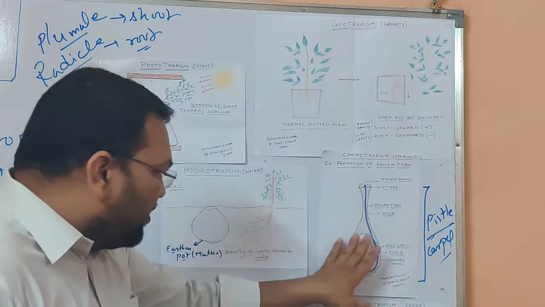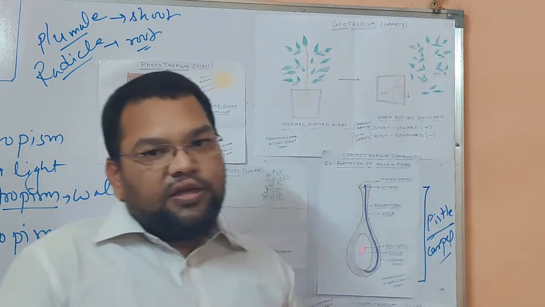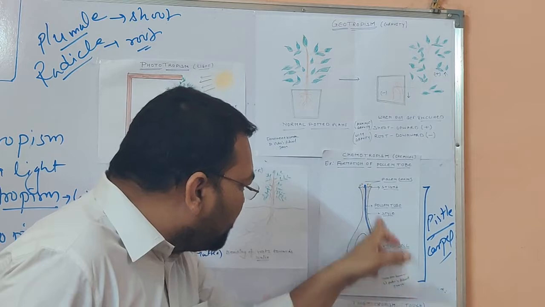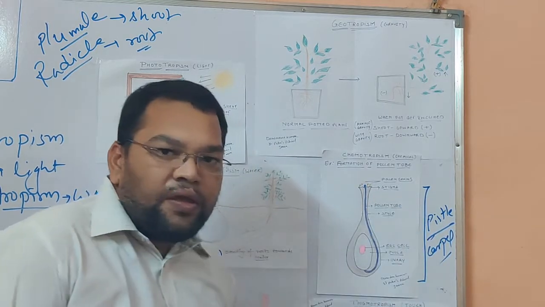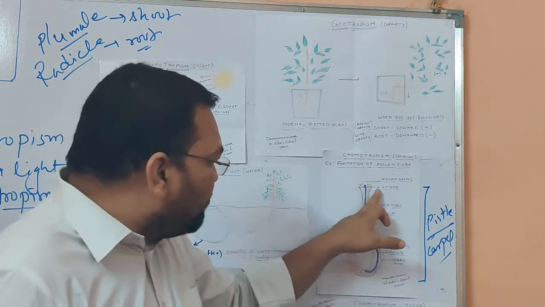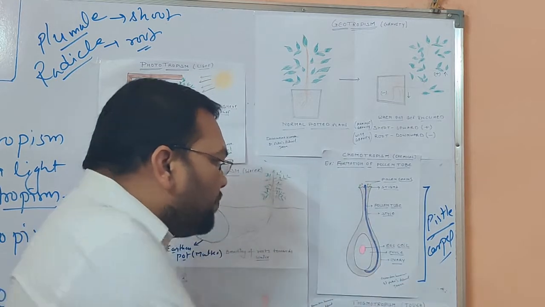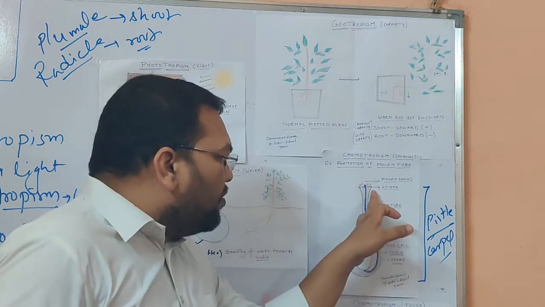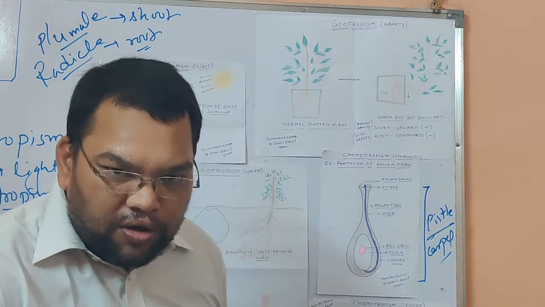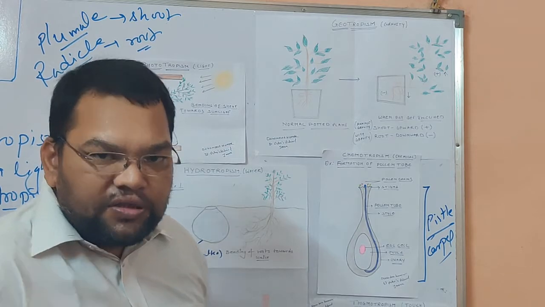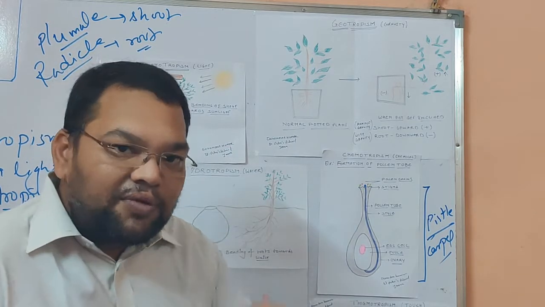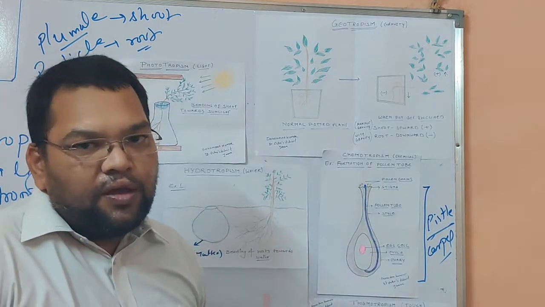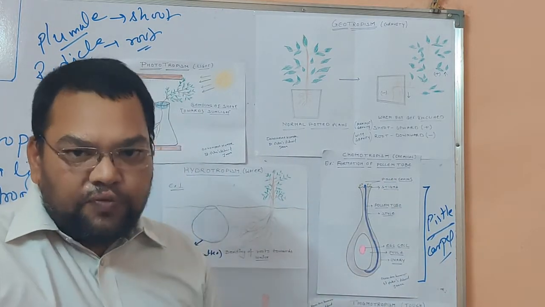So what happens right here? Now there is a chemical dialogue between the pollen grains and the stigma of this pistil or carpel. Now stigma is a part of this carpel. Stigma, style, and this violet part is known as the ovary. Some chemicals are released by the pollen grains, which are recognized by the stigma, and some chemicals are released by the stigma, which are recognized by the pollen grains. So there is a chemical dialogue between the two.